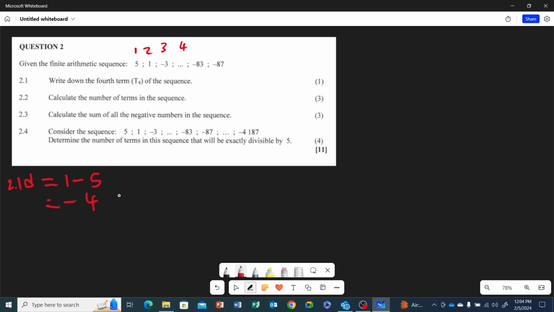If you want the fourth term, T4, we are going to say minus 3 plus the difference will give us the fourth term, which is minus 7. Okay, now this is the answer. Now calculate the number of terms in the sequence. So if you want the number of terms in the sequence,